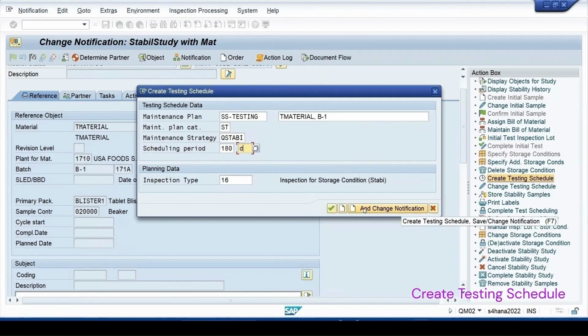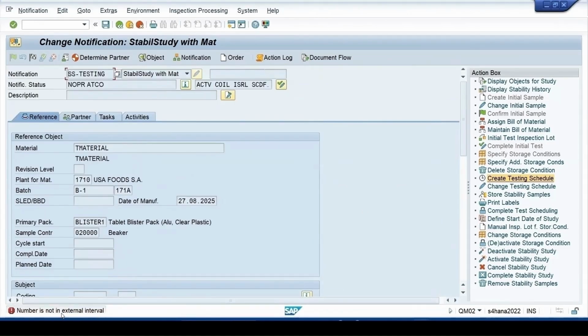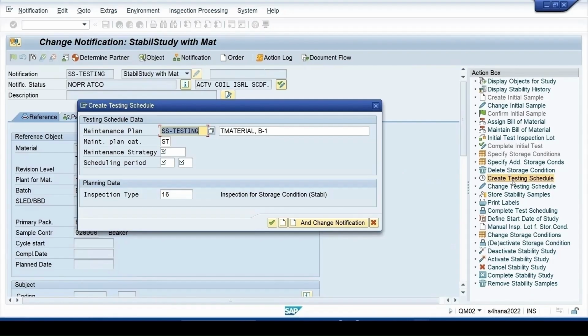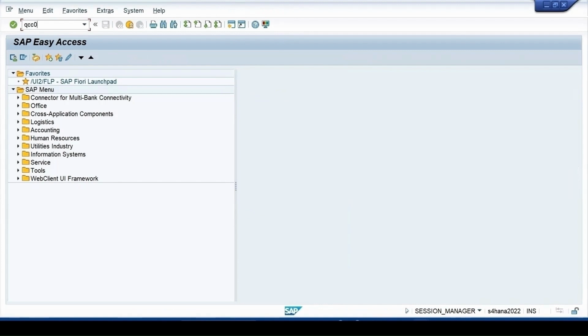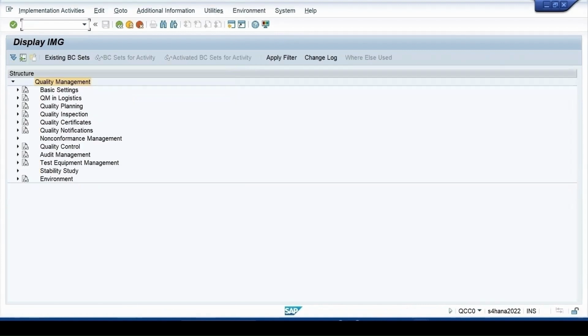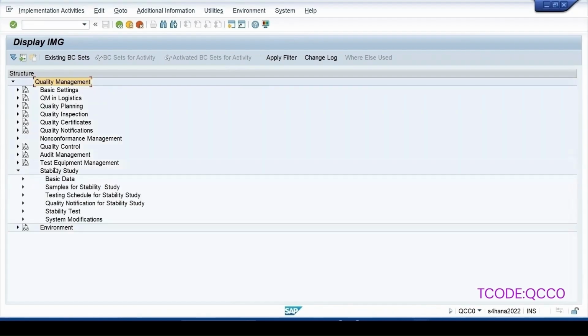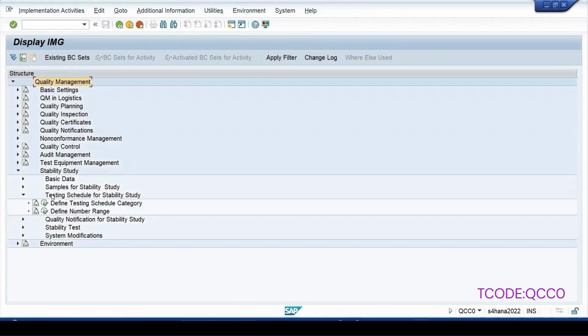Then the error message: the number is not an external interval. Let me again click on this. Go to the configuration for this maintenance plan. Go to QCC0, enter. The Study separate option is coming. Okay, so if we click on this, it will give you what all configurations are required for the stability study